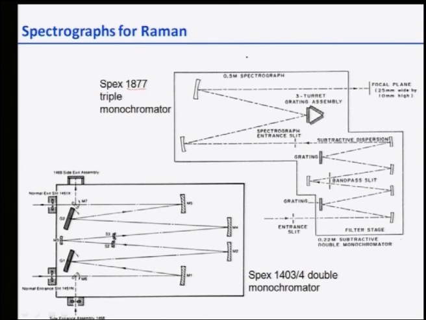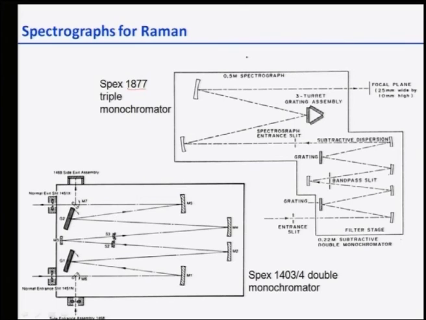Let us look first at the double monochromator. You can clearly see these are beam splitters or mirrors. Actually it comes and falls on mirror M1, then goes on to G1, then again M2 gets reflected, and finally it comes out through this. From the entrance to the exit there are mirrors M1 to M5, five mirrors, and these gratings G1, G2, and by this way you can get these monochromatic radiations. And otherwise, you can have the entrance,